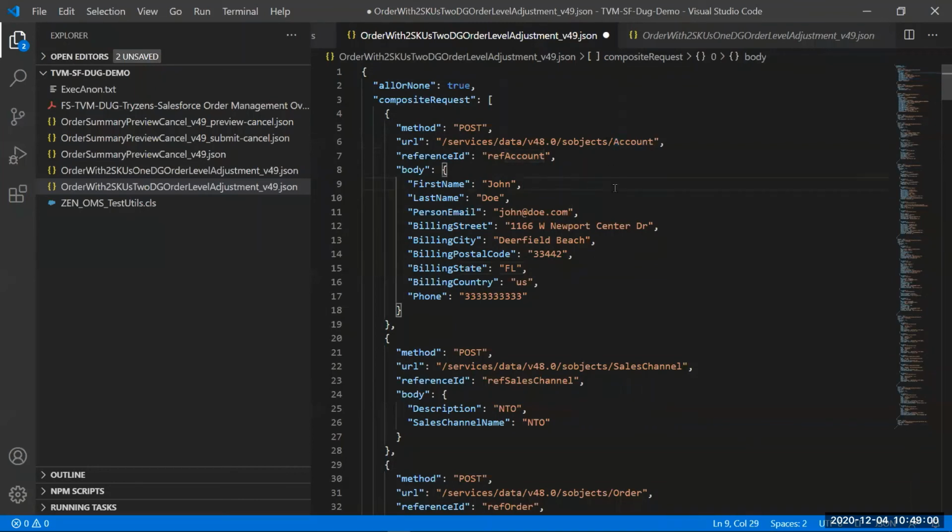You can string all of them in one payload and sequence them in the order in which they have to be created, and then have the transaction created at the end. And it all counts as one API call against your governor limits, right? So if you haven't tried this out, you can probably take a look at it. I'll link those particular things in the deck that I'll share, right?